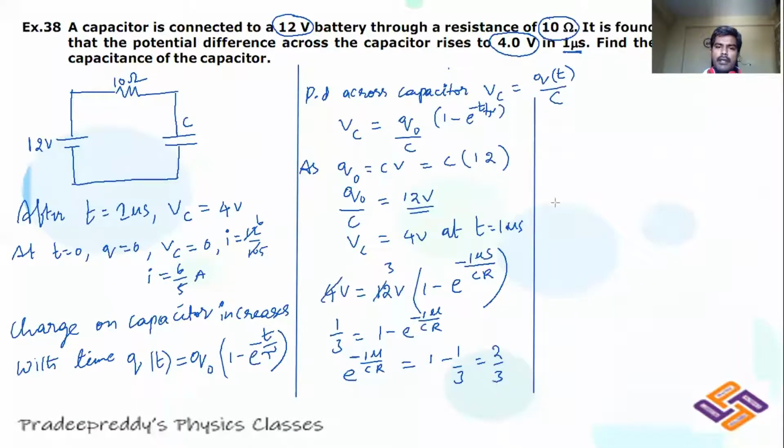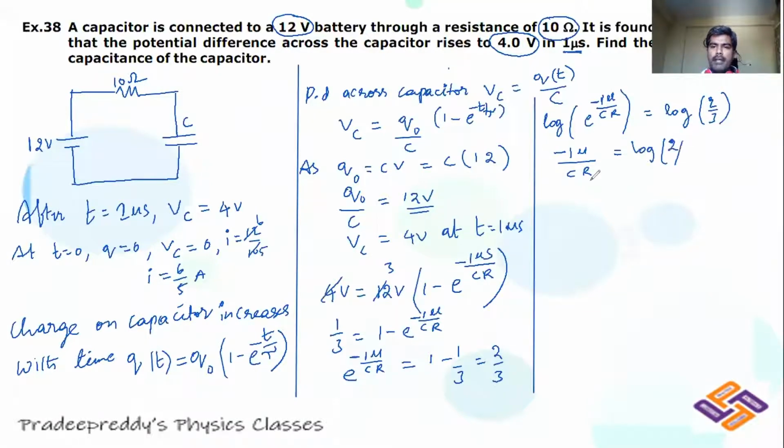Now, just take the log here. Log of e power minus 1 microsecond divided by CR is equal to log to the base e of 2 by 3. And this becomes minus 1 microsecond divided by CR is equal to log of 2 divided by 3. And from here you can write CR is equal to minus 1 into 10 power minus 6 divided by